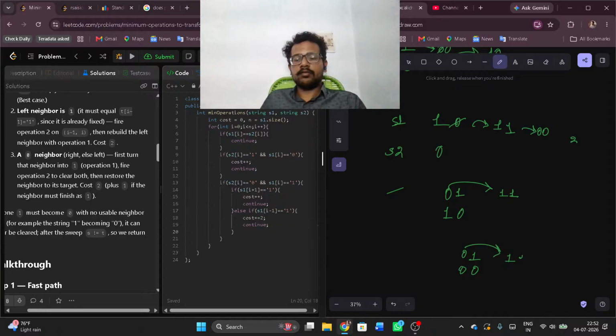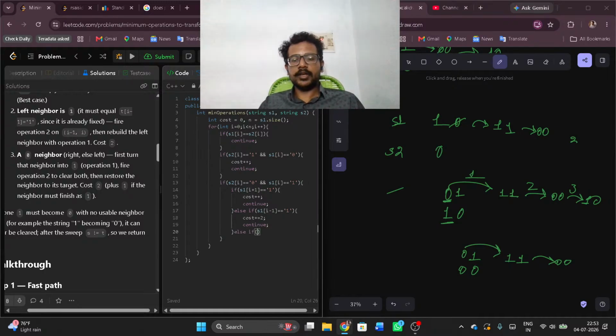Now 1 1, then this 1 1 to 0 0, and then 0 0 to 1 0. How many operations? 1 2 3. Left neighbor is 0 and is having 1, 1 1 and then 0 0. Right. So